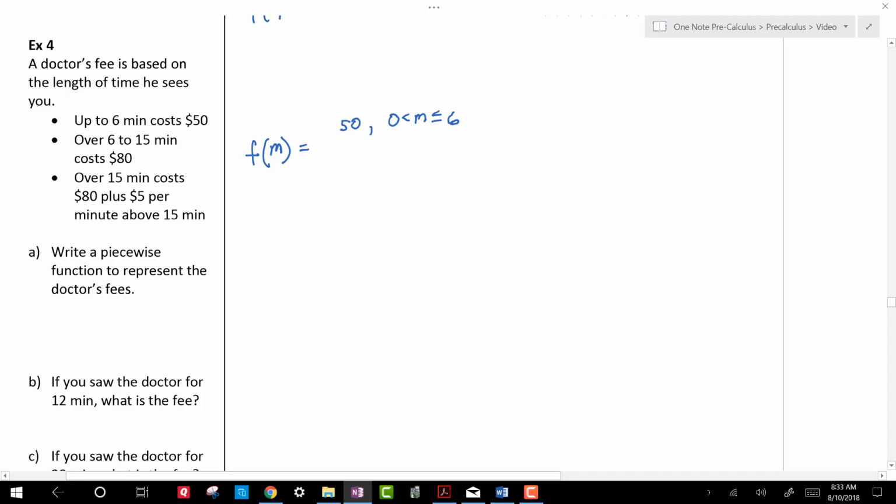From 6 to 15, it's going to cost me $80. So this one's pretty straightforward, $80, for m between 6 and 15. Now this time the 6 is not included. The 15 is included. All right, pretty straightforward. Now over 15 minutes costs $80 plus $5 per minute above 15 minutes. So we've got to think about how to write this. It's an $80 flat fee, okay? And so